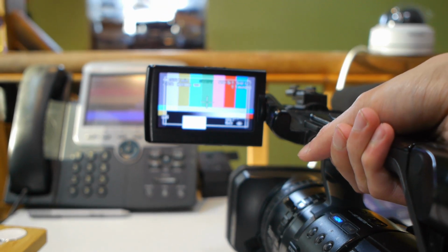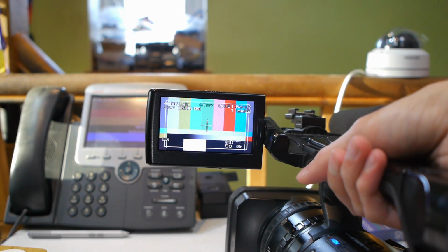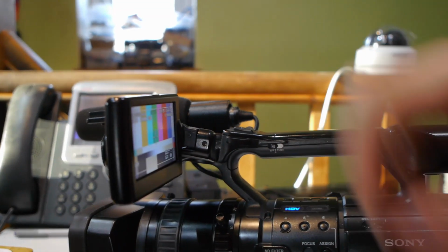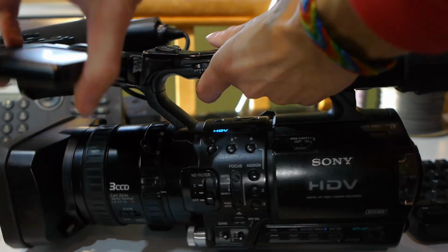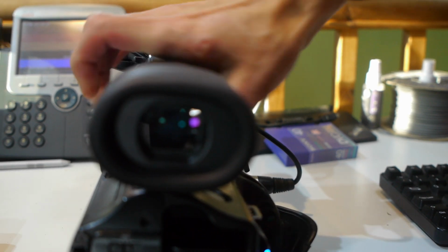but it's a bit small, and it's also, it's hard to say, but the image on it just looks really bad, and I think that's just because it's downscaled and it's probably not using the best algorithm for downscaling, considering this camera is pretty damn old. But that's really annoying. Whenever I want to use this camera, I have to deal with that as the viewfinder, essentially. I mean, I can always close it and deal with this instead,